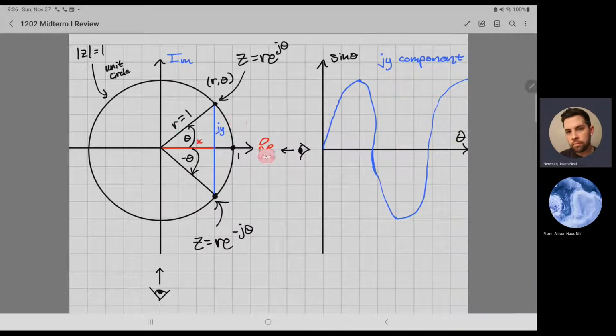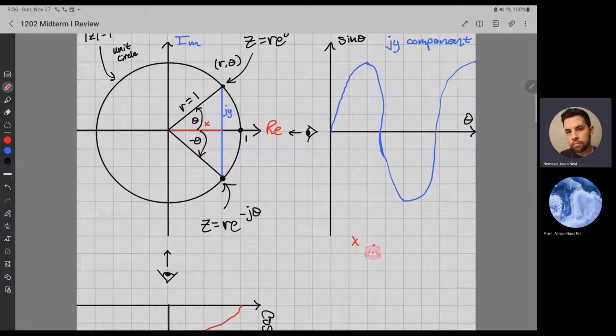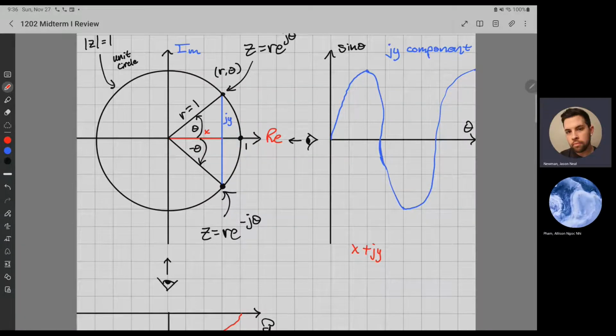So when you're in this domain, you're in the complex domain. The complex being the real part, or the x-axis, and the imaginary part being the y-axis. And you can see that represented in Cartesian form by x plus jy right here. That would give you, if you charted the x and the jy coordinates, you would be in the Cartesian form of this